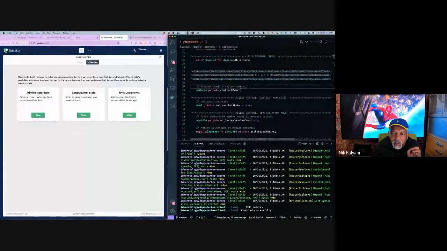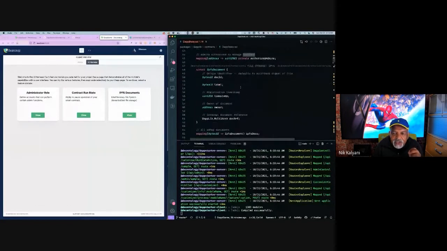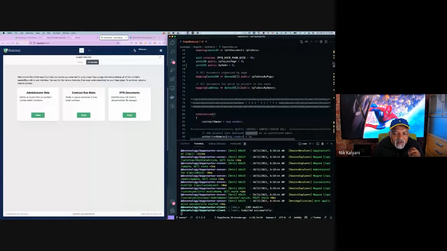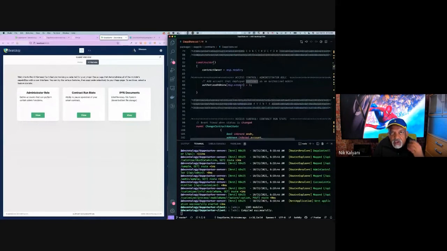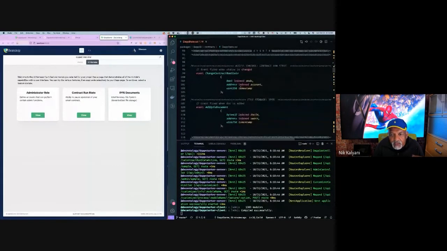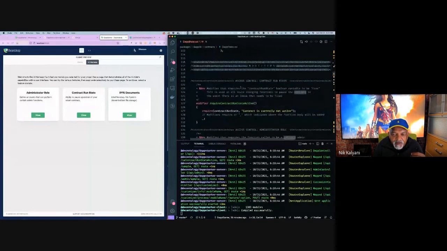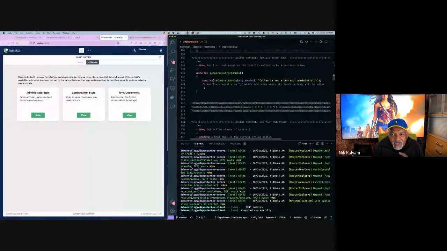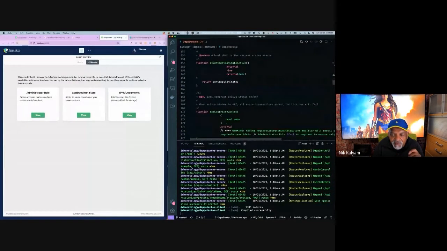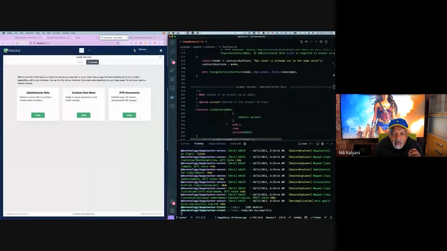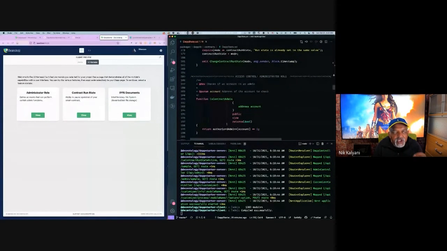In Solidity, you have the ability with every function to use something called a function modifier. That is code that is called every time a function is run. So we have here a function modifier called require contract run state active. And what it does is check the value of that contract run state variable, if it's true or false. And if it's false, it aborts immediately. So by having that modifier available anywhere that you want to prevent an action from happening if the